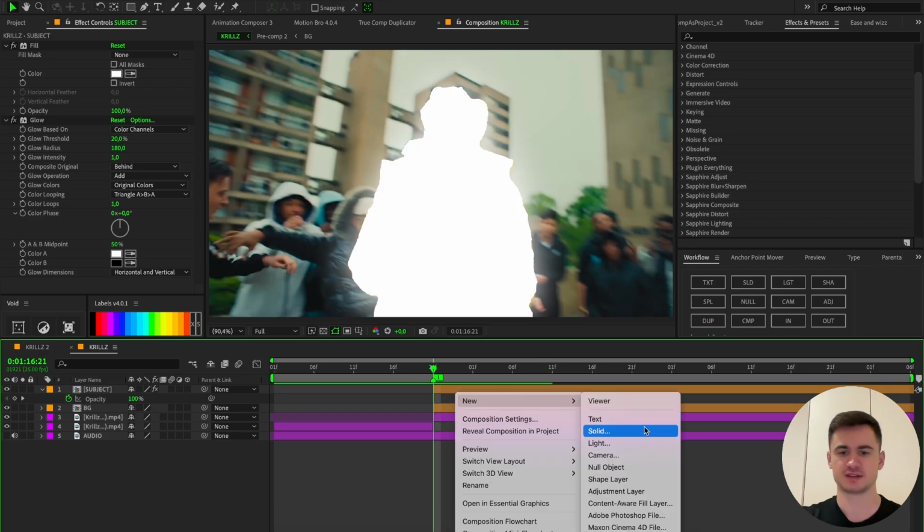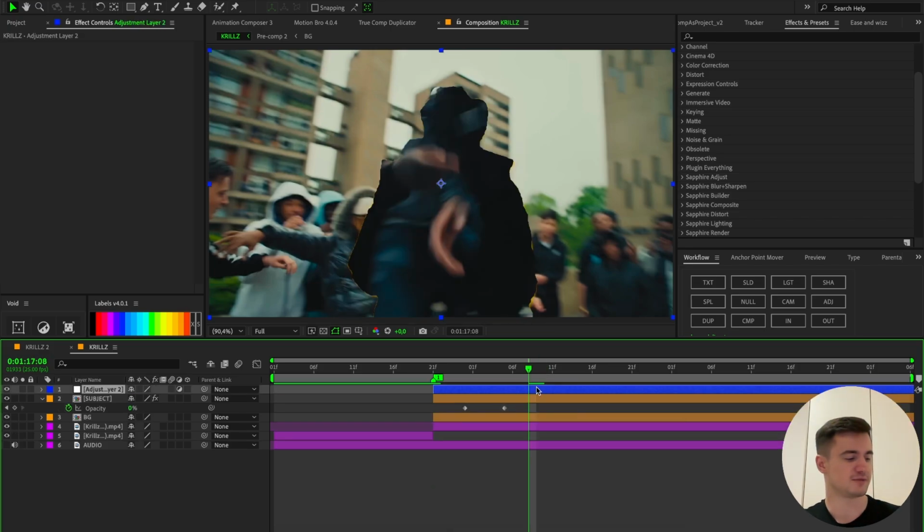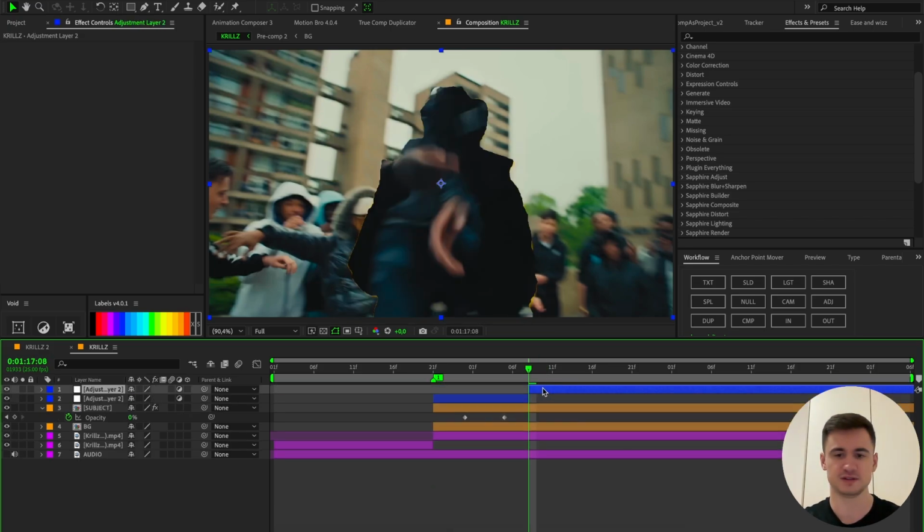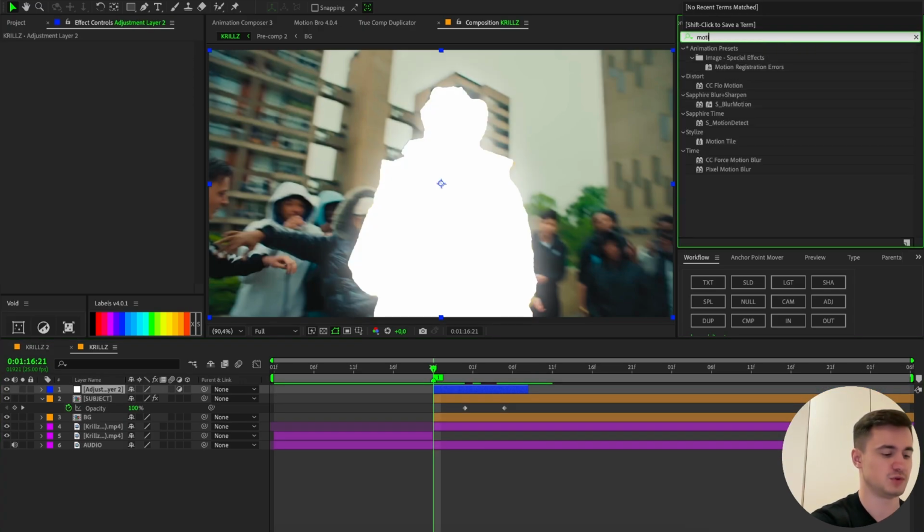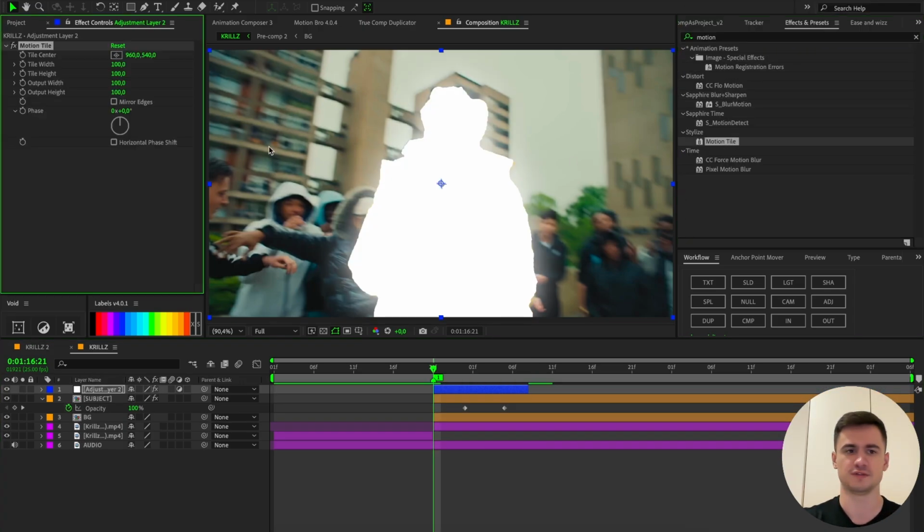Now press right click, adjustment layer, and then shorten the length of it. Just press command shift D and then press delete. You want to add motion tile. This is important for the shake, 150, and then copy it for the width and the height. Then add